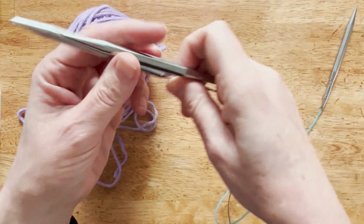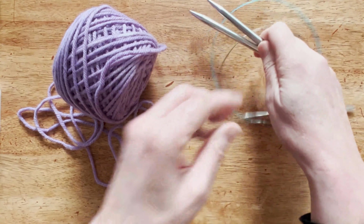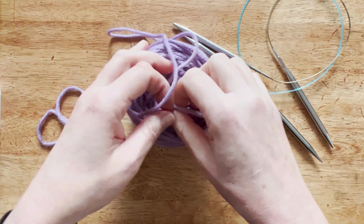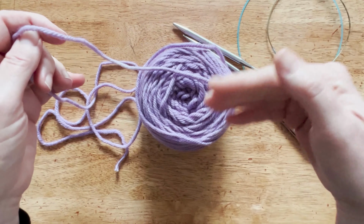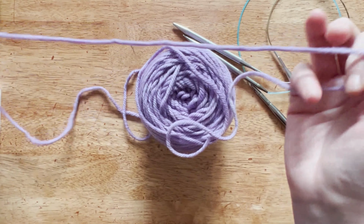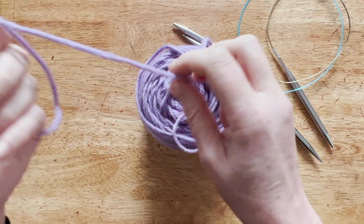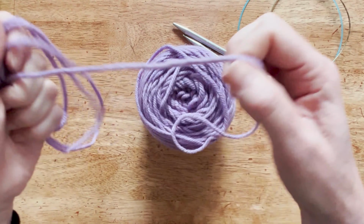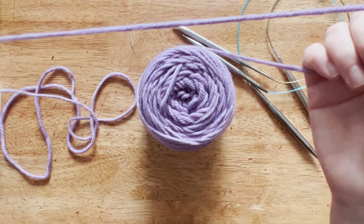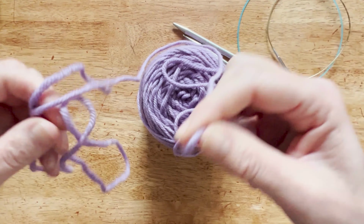Okay, we'll get started. I have my 2 needles, 2 sets of needles as mentioned, the yarn. I'll be casting on 30 stitches on each needle, so a total of 60 stitches, 60 live stitches. And similarly to a long tail cast on, I'll be casting on with a tail, and I need to ensure that that tail will be enough for 30 stitches. And then I'll be working on this side as well. So I'm just guessing here,